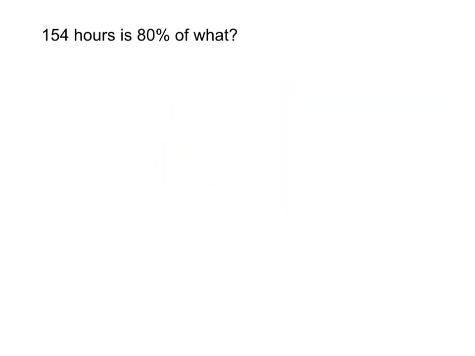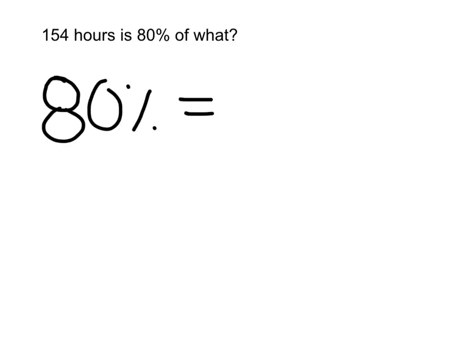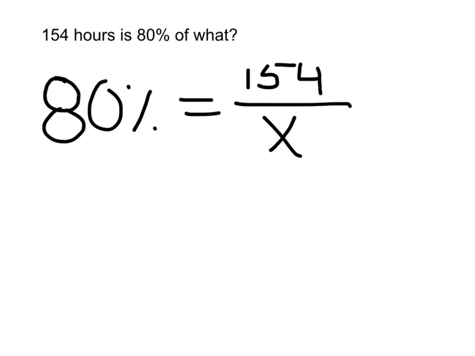Let's apply what we just learned to an actual problem. 154 hours is 80% of what? Now remember, a percent is part over whole. So our percent, which is 80%, is equal to our part, which is going to be 154, and we are looking for what 154 is 80% of, so we're looking for our whole. If you remember back to the slide where we were talking about how percents can be seen in many shapes and forms, 80% can also be written as 0.8. 0.8 is equal to